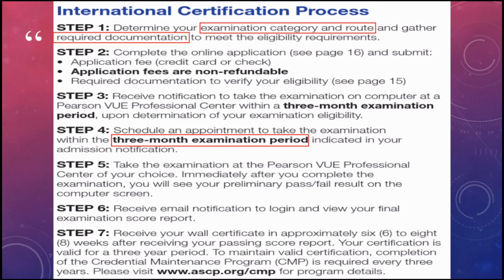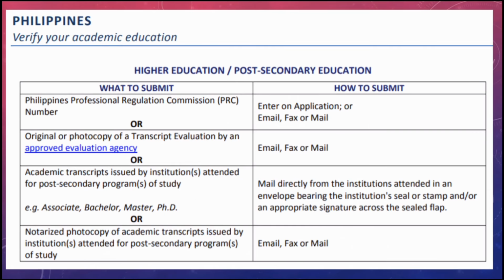Step number 3, when you receive the notification to take the examination, you will be given a 3-month examination period. So step number 4 is you have to schedule your appointment. Step number 5, you take your examination, and after completing the questions, you will see your preliminary pass or fail result on the computer screen. Step number 6, you will be receiving an email notification to view your final examination score report. And step number 7 is just receiving your certificate in approximately 6 to 8 weeks after receiving your passing score report. Here is a list of the documents that will be